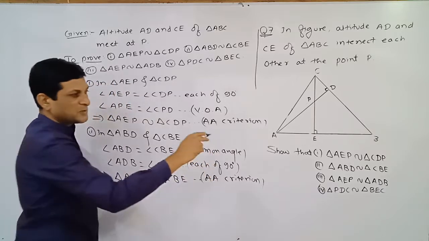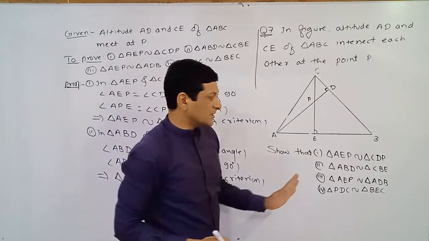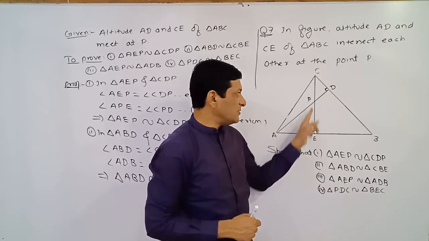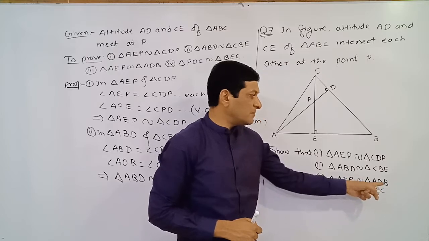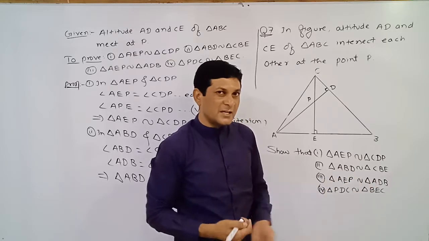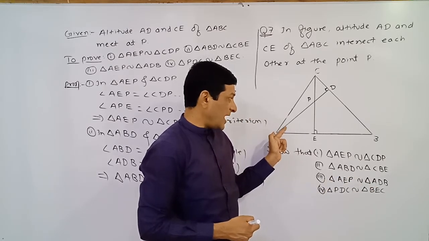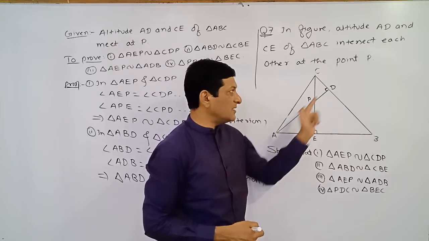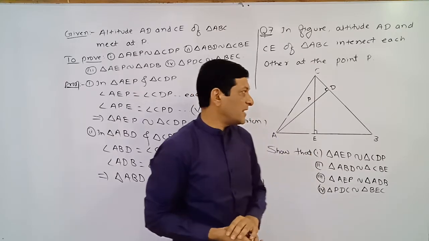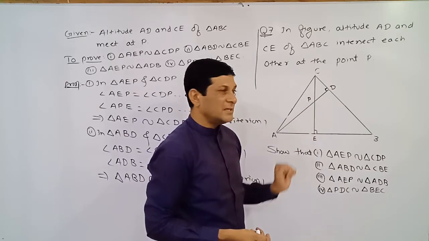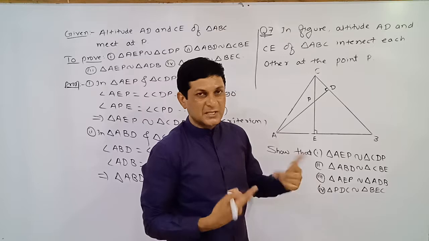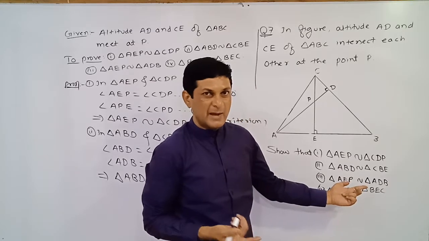So the same method we have to apply in the next two examples. Let us discuss them orally. Which is the first triangle? AEP. And the second triangle is ADB. We can observe that in these two triangles, angle A is the common angle. Angle A means angle PAE is equal to angle DAB. Angle A is the common angle and one angle is 90 degrees. Which angle? Angle AEP is 90 degrees and here angle ADB will be 90 degrees. Again we are able to show that these two triangles are similar by AA criterion.